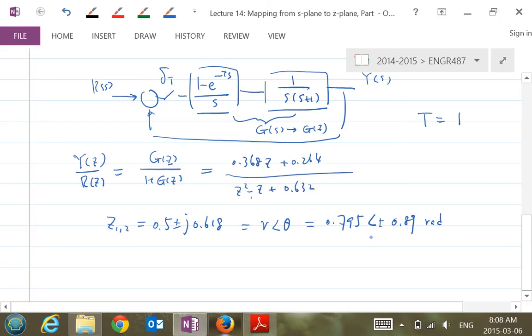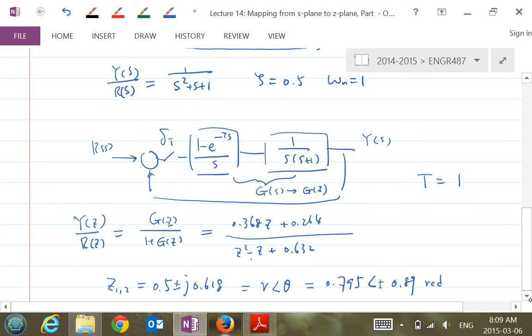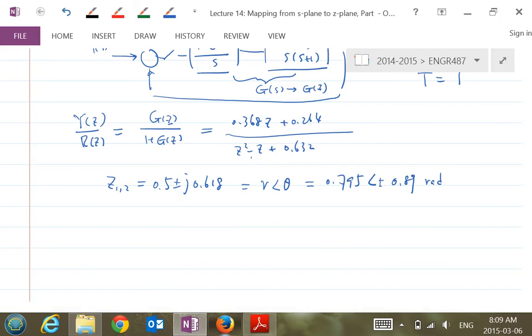And then the question here is, I wanted to know what kind of damping ratio or natural frequency this pole, which is a discrete pole, corresponds to. You see what I'm saying, right? So we have these two equations here. We can plug into this equation and calculate the damping ratio and the natural frequency. So basically, plugging the r and the theta into this equation,